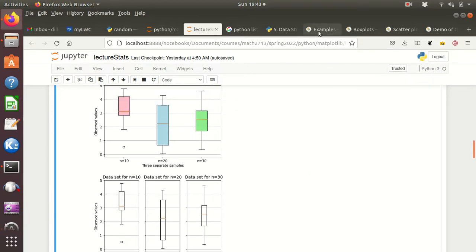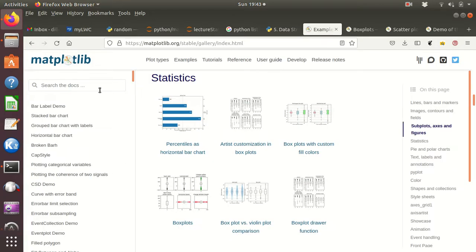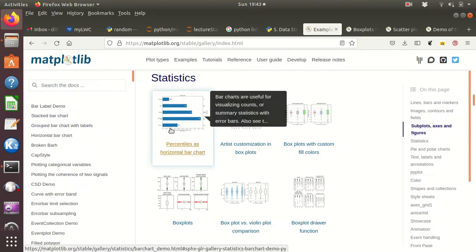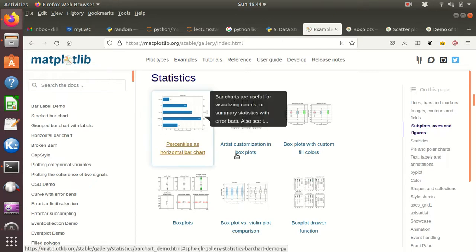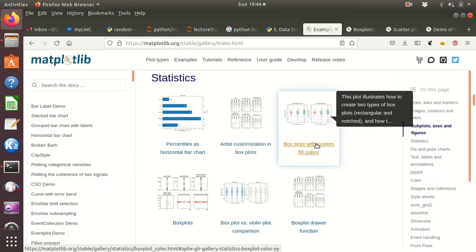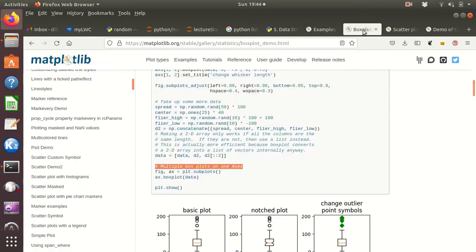Now, here I went to the user guide, which I have links for in Blackboard. And then once I was in the user guide, I went to examples. And so you see this says examples. I scrolled down, I found statistics, and I clicked on box plots. And that gave me,